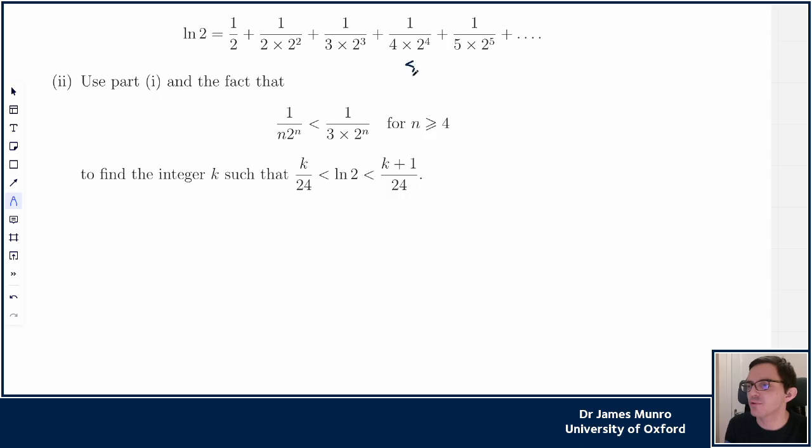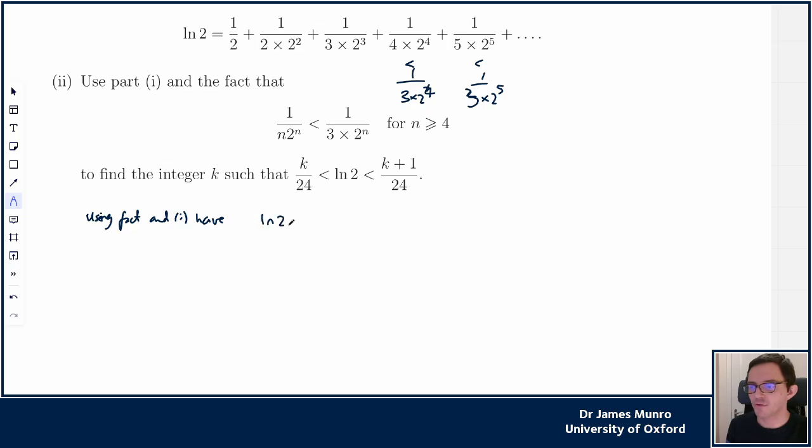This term is smaller than 1 over 3 times 2 to the 4. This term is smaller than 1 over 3 times 2 to the 5. Gosh, it's weird, isn't it? Okay, use that fact to find an integer. Oh my goodness, right, okay. Find an integer so that log 2 is less than something. I don't know about k right now, but it feels like we're proving that log 2 is less than something over here. So using the fact and part 1,